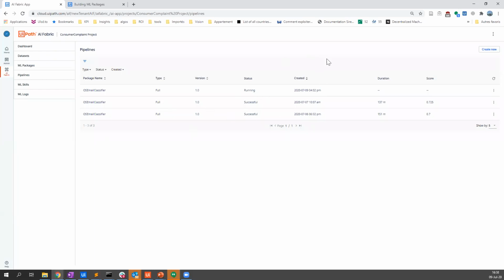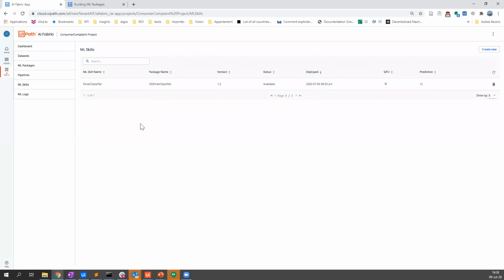It's because the image was already built. Otherwise, it can take maybe 20-30 minutes to be built. And the same will happen when you deploy a skill. Exactly the same process. We're building the image first, so it might take some time. If the image is already built, it will be much faster, but the GPU will be available anytime.